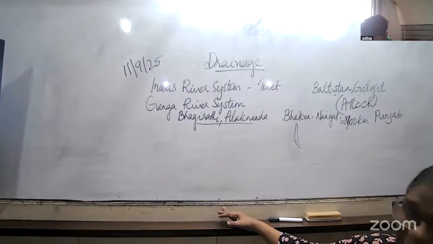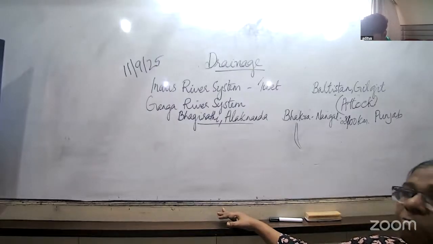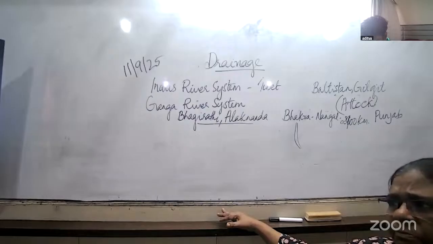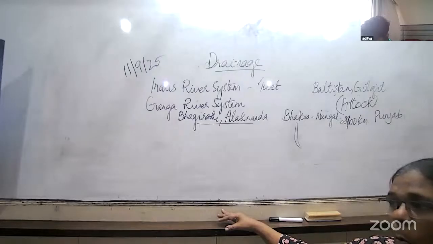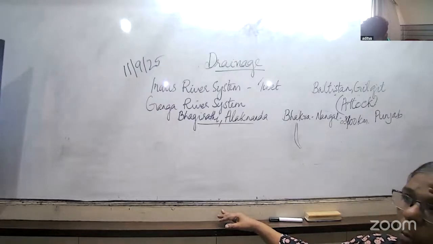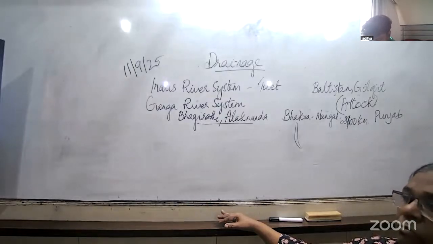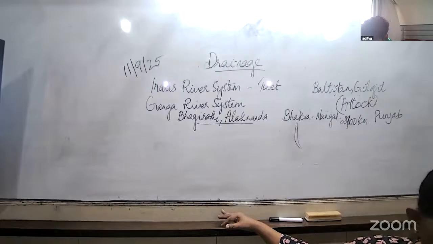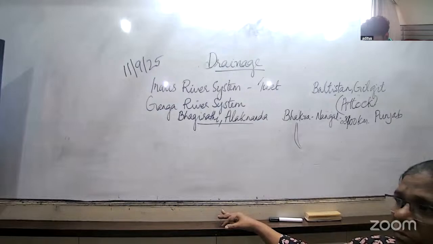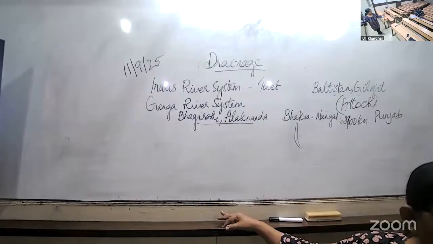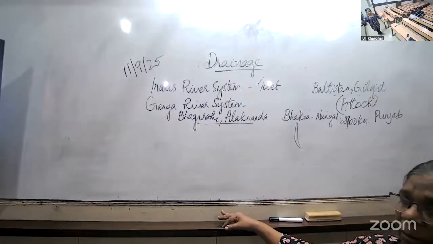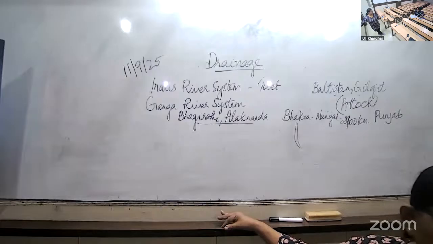Do you know the Ganga program is an integrated conservation mission approved as a flagship program by the Union government in June 2014 to accomplish the twin objectives of effective abatement of pollution, conservation, and rejuvenation of the national river, Ganga. You may explore more, so that one you have to remember: what is that program, what are the objectives of this program.